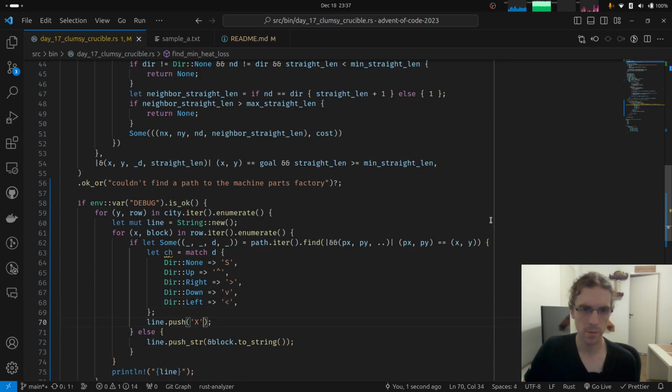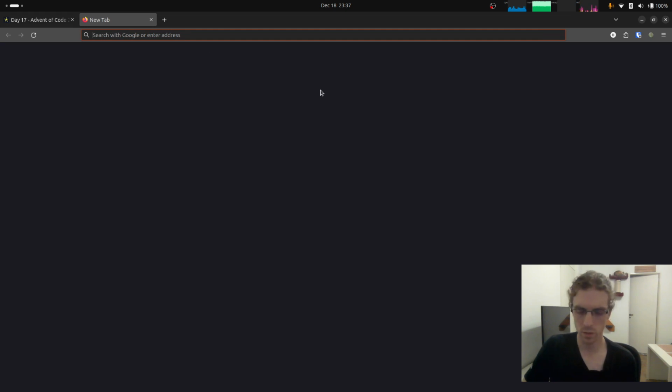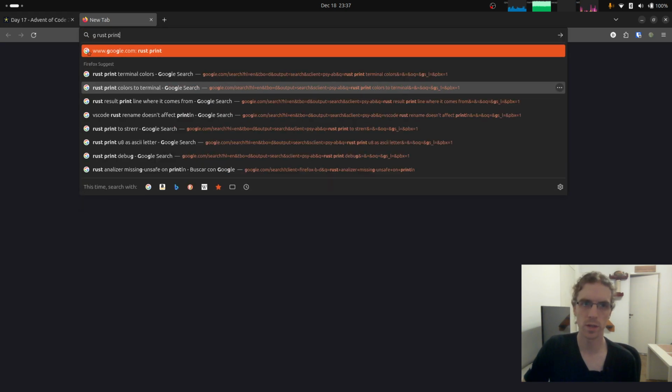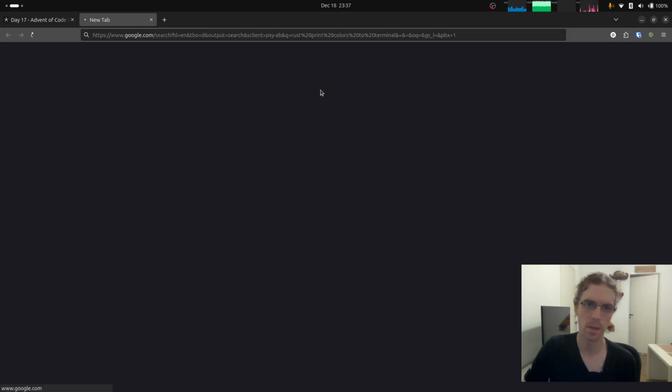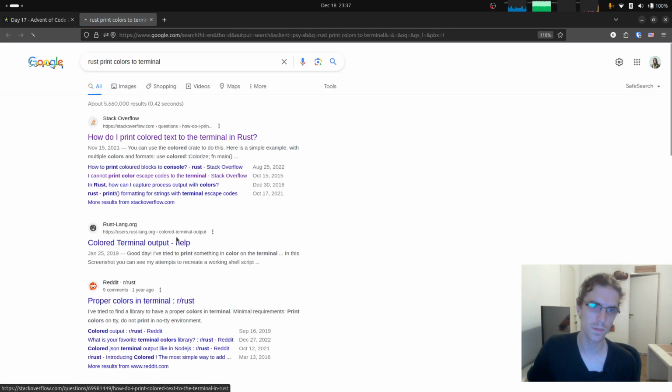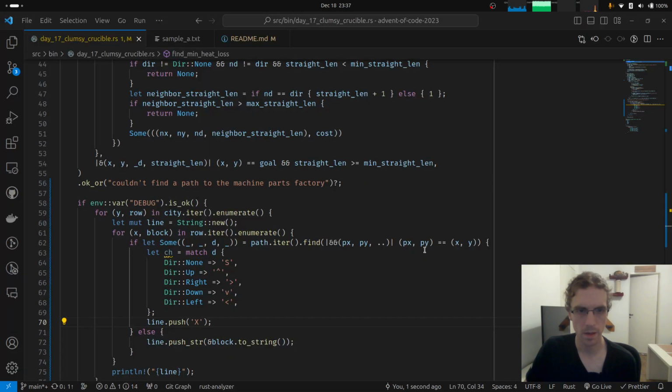And finally, I'm going to push this with a little bit of color, but I never remember how to print color to the terminal in Rust. And of course, I have this result in violet because there is no chance that I'm going to remember these kinds of escape codes.